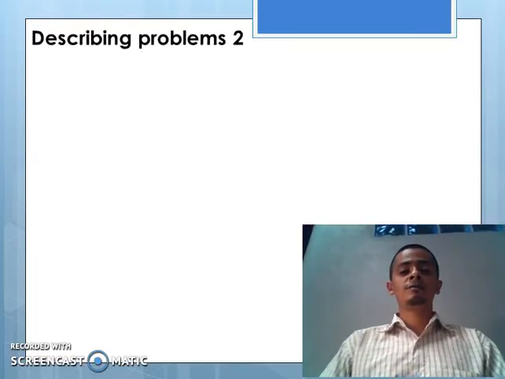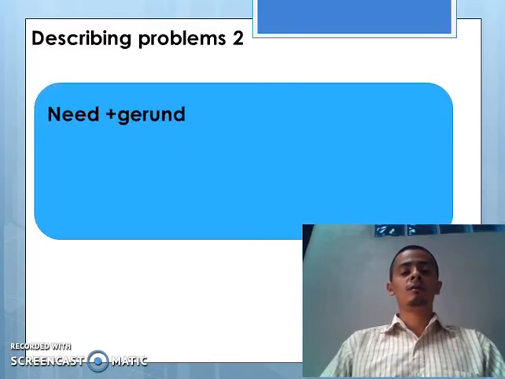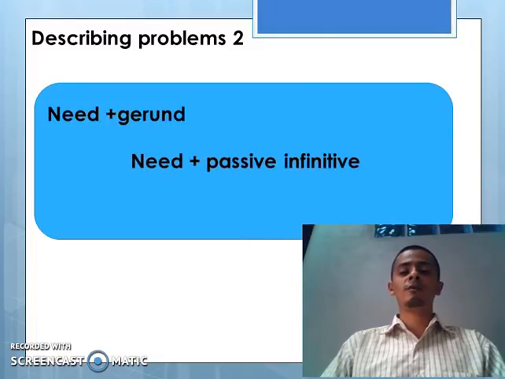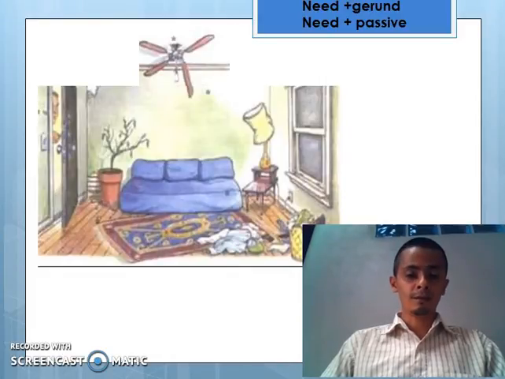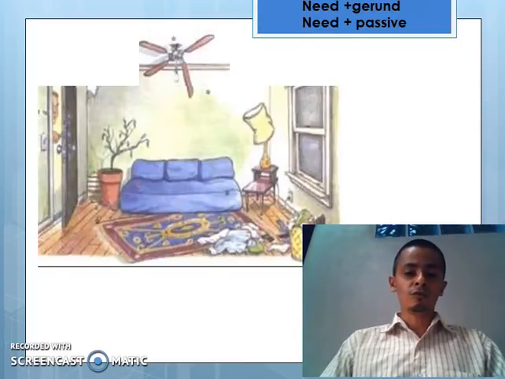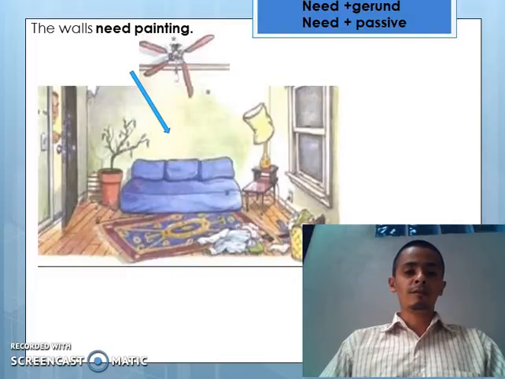Now let's see describing problems 2, and for this topic we are going to use the verb need plus gerund and the verb need plus passive infinitive and also the verb keep plus gerund. So let's get started with the verb need plus gerund and plus passive infinitive. We can see that there are many things wrong in the room. I'm going to describe some of them, and using need plus gerund we can say the walls need painting,